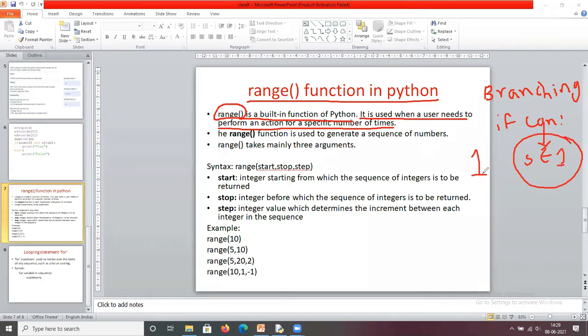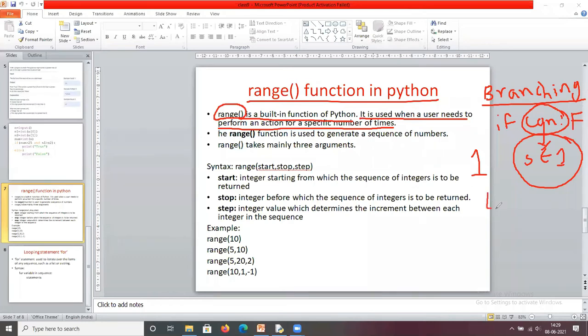But if there is a situation where you need to execute these statements a number of times until the condition is false, that we call looping. In branching, you execute the statements only one time.